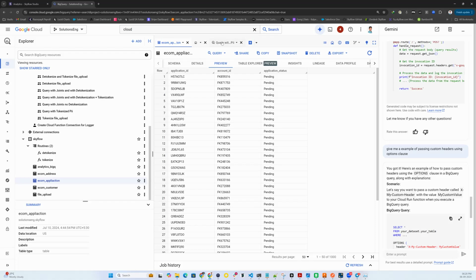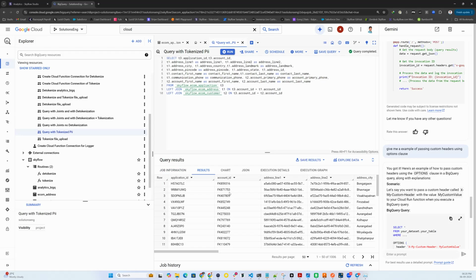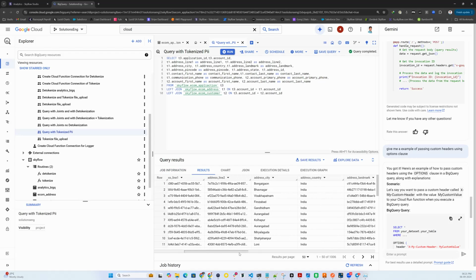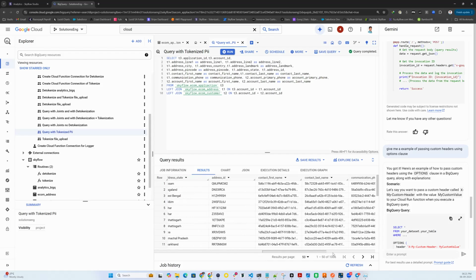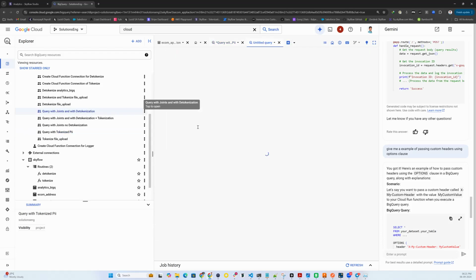Now, most of the time when you run queries across these three tables by putting joins and so on, the queries should run absolutely fine on tokenized data, provided that you do not want to see the real PI data, but you still want to make sure that the query is running and there is an output getting produced for this query. However, there will be some situations where you would want to detokenize the data as well